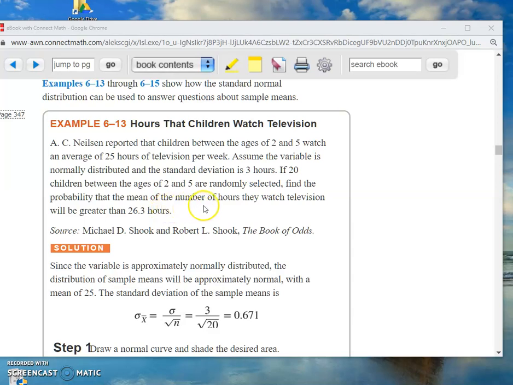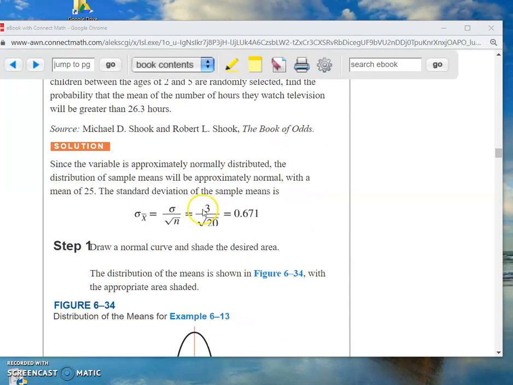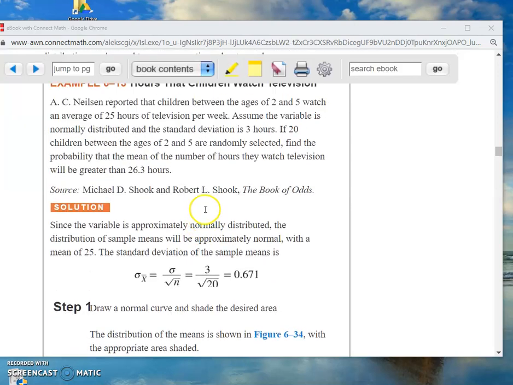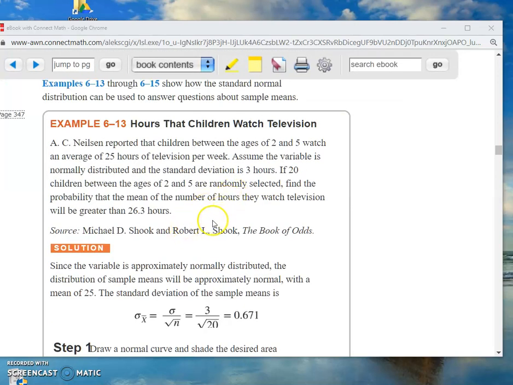I randomly select them. Now I'm interested in the probability that the mean of the number of hours that these kids watch. So you've got 20 kids, you find their mean. What's the probability that mean, that X bar, is greater than 26.3? Okay, seems like a reasonable question, right? Now, you may not be interested in the kids watching TV, but this could easily be adapted to where instead of talking about kids watching TV, we could be talking about how long people live if they take a certain medication. So you can see where this has really, really important